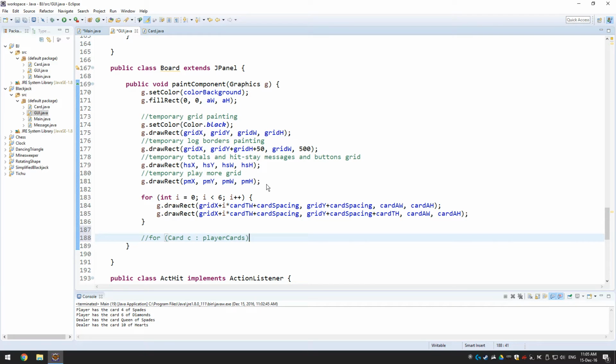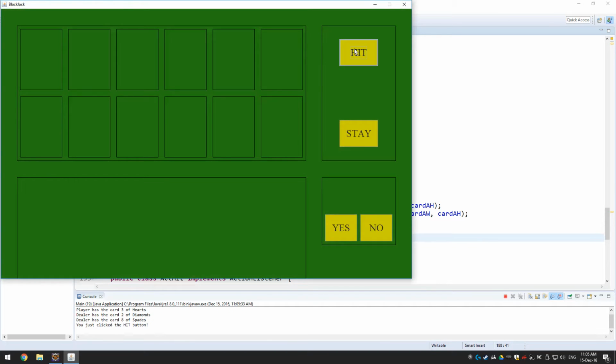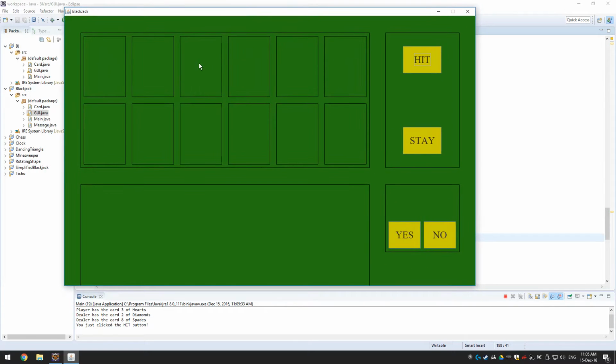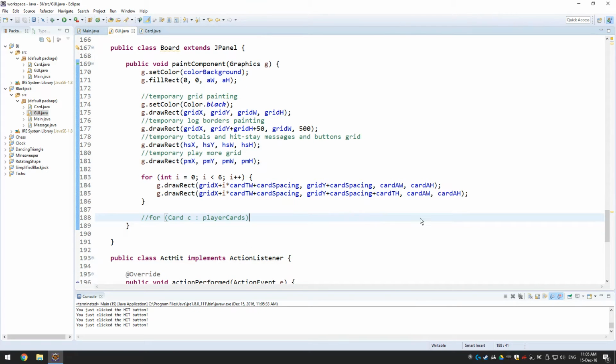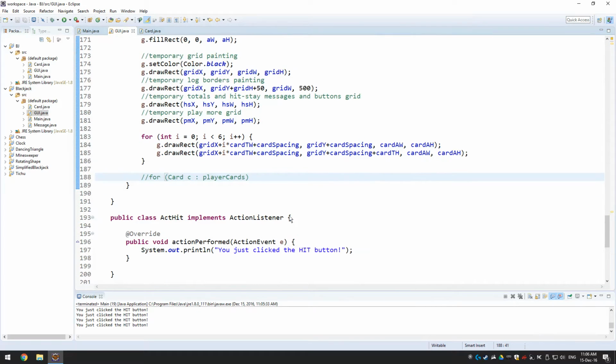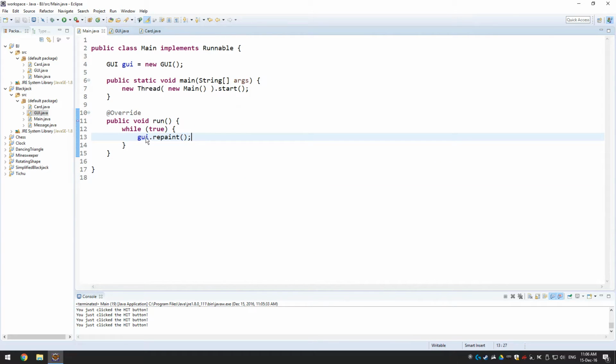But if we go here and click hit, a new card is going to be added to the player cards, and it is going to be displayed right here. Otherwise, no matter how many times we click hit, cards are going to be added, but they're not going to be displayed. We're not going to be able to know if we won or lost. And we do not want to call the repaint method